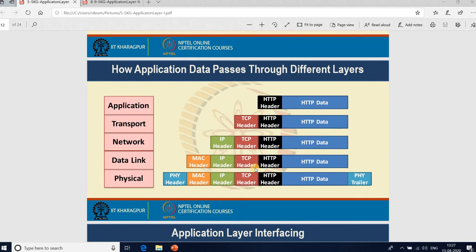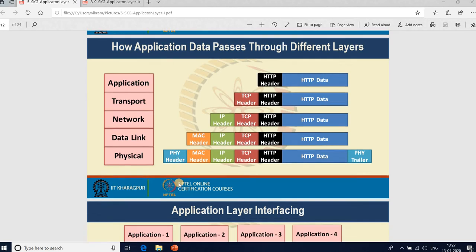When you send a packet from the application layer, the HTTP data is a payload for your HTTP header. Then in the transport layer, the HTTP header plus HTTP payload data is a payload for the TCP header. Likewise, the TCP header is a payload for the IP header in the network layer, and the IP header is a payload for the MAC header in the data link layer as well as the physical header.